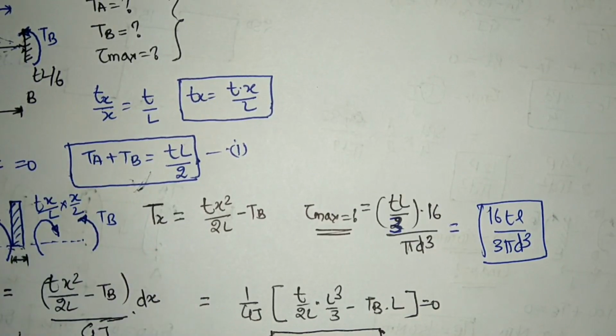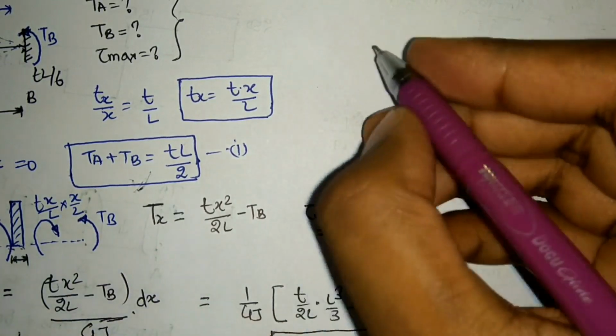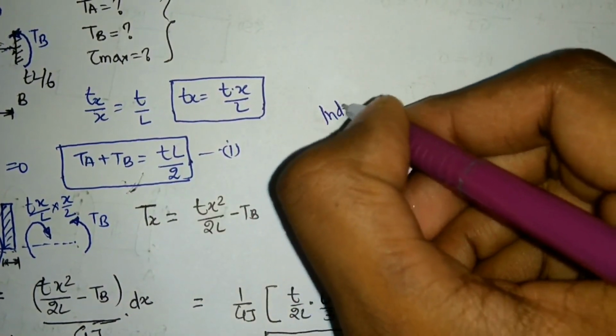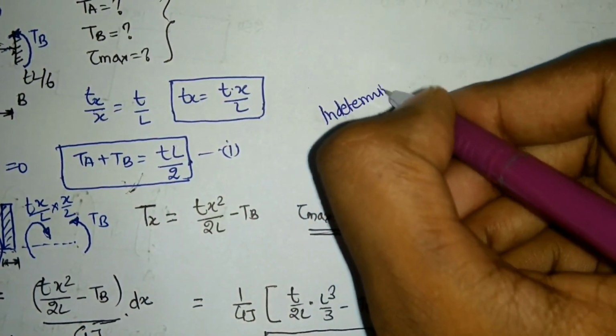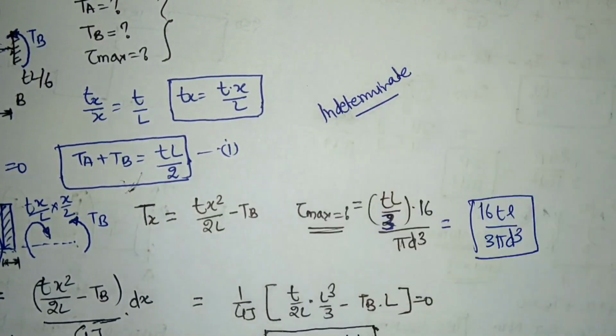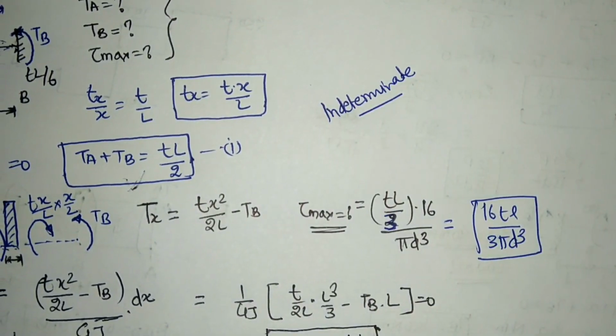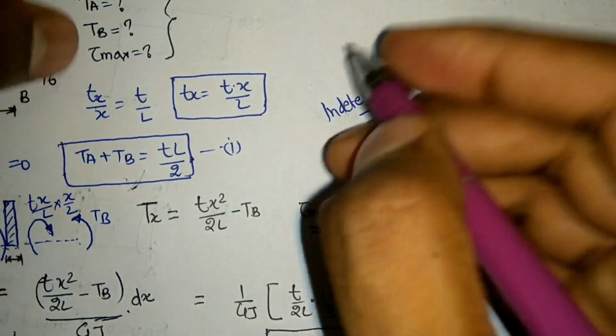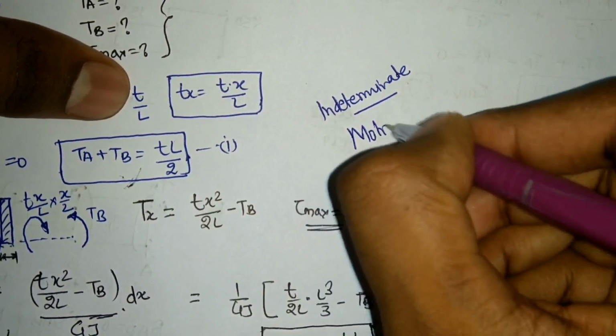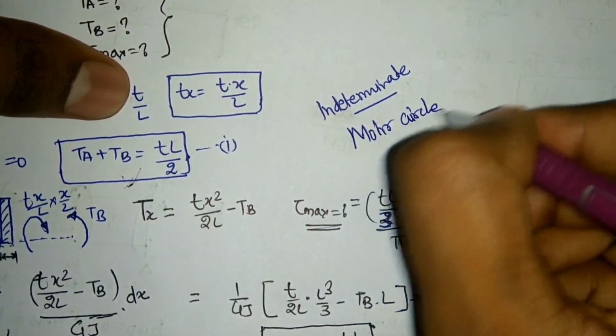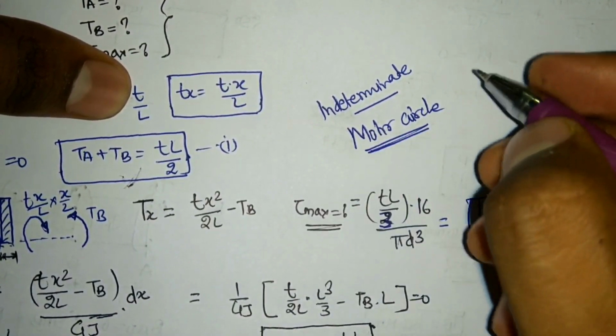Well, that was all about the indeterminate shafts. Now the indeterminate shaft we have completed, and with this the topic of shaft gets completed. It is finished now. The next topic that we are going to discuss is regarding Mohr circle. So Mohr circle and the principal stresses relationship is what we are going to discuss in that video,